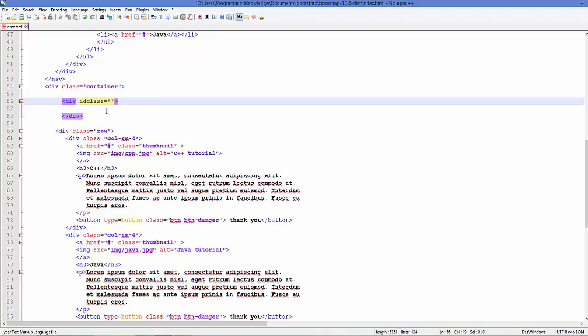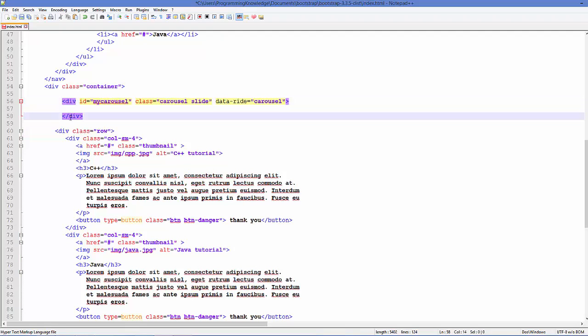So ID, and give some name to your ID, for example my carousel, and then include a class called carousel slide. And then one more thing we need to add is data-ride, and this will be equal to carousel. Okay, so add this div element, and inside this div element, first of all we are going to add